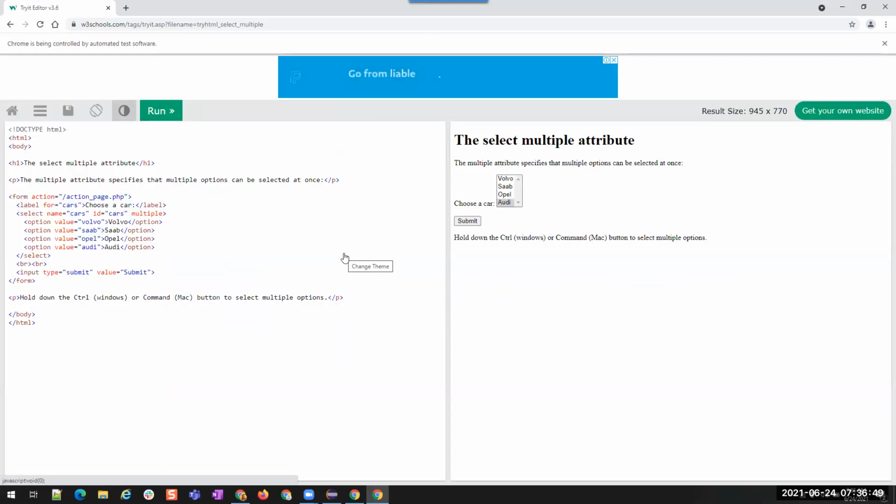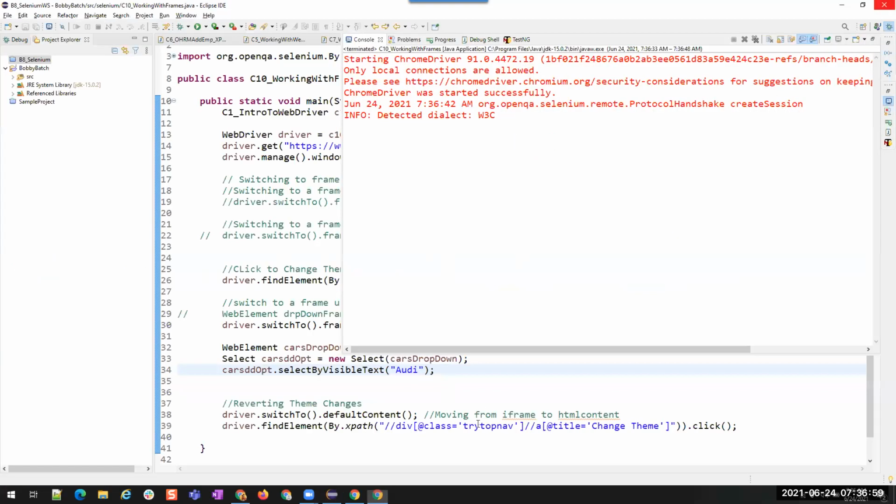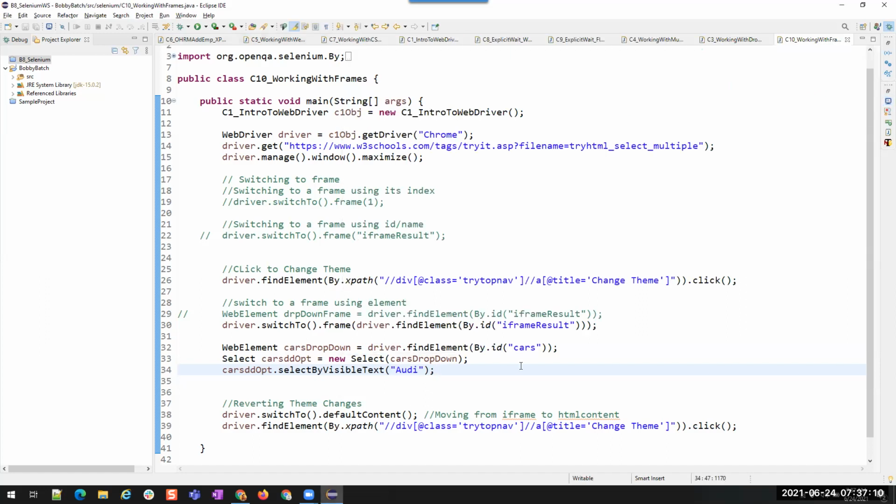Theme changed again. Right. So that is how we are going to work on it. Okay. All right. So this is all about frames. Now there are no child frames, so I cannot show you an example for parent frame. Fine. So this is all about frames.